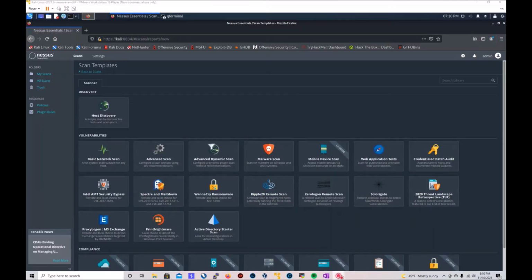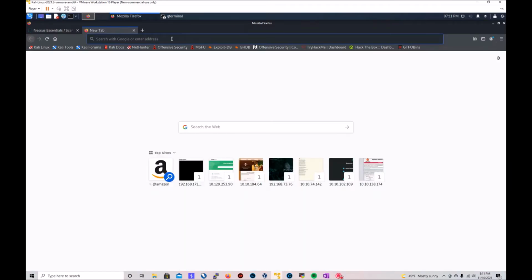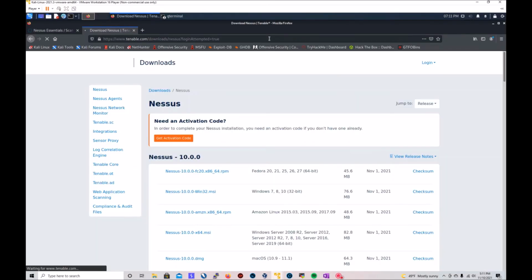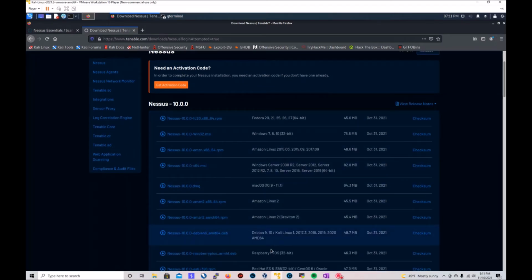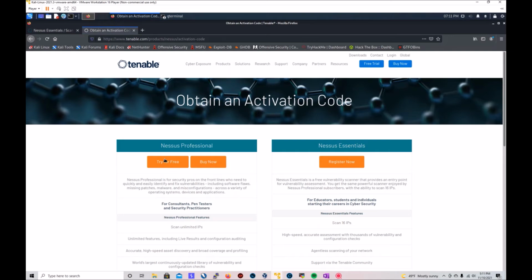Alrighty, so now what are we going to be hitting up? Nessus. So how this process works is that with Nessus, we have to follow a certain number of steps. In order to install it, we have to download it first. And here is where we will download our version of Nessus in order to match our system's architecture. Now, this one does have one that is specifically for Kali, which is right here, the Debian 6 AMD64 DEB file. Basically what we do, we download this, we get our activation code immediately after,